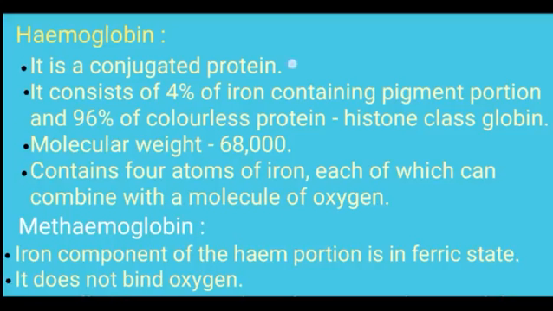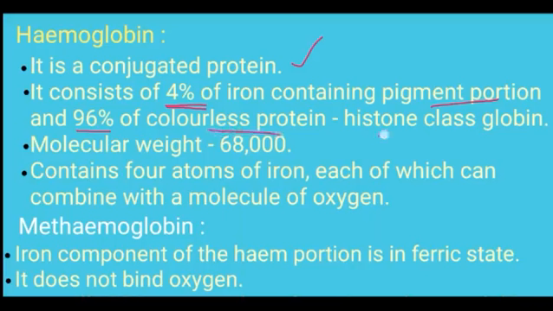Hemoglobin is a conjugated protein. Conjugated proteins are nothing but the proteins which are associated with some non-protein substances. So such proteins are called conjugated proteins. Here this hemoglobin consists of 4% of iron containing pigment portion, and the remaining 96% consists of colorless protein which